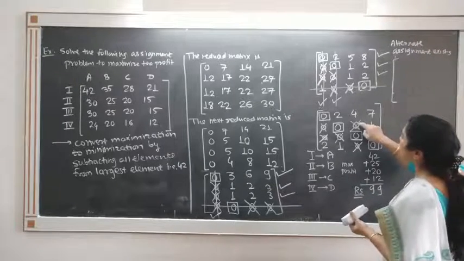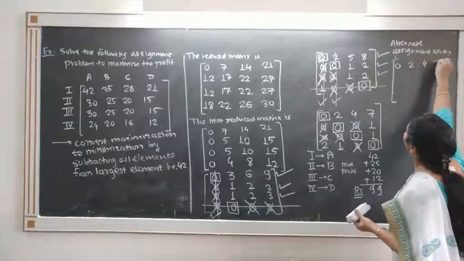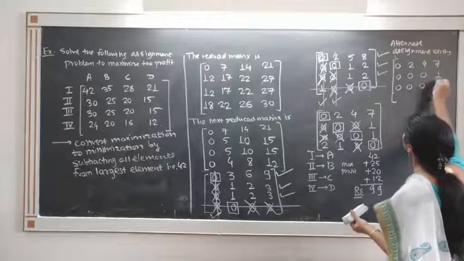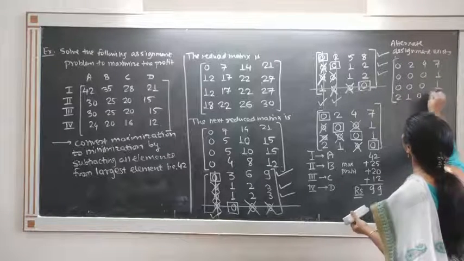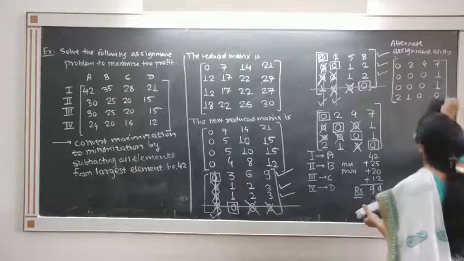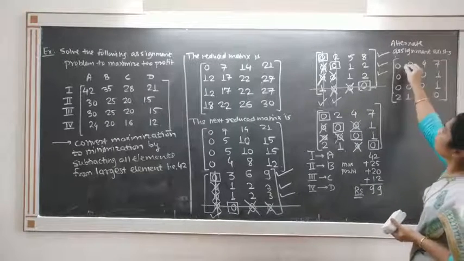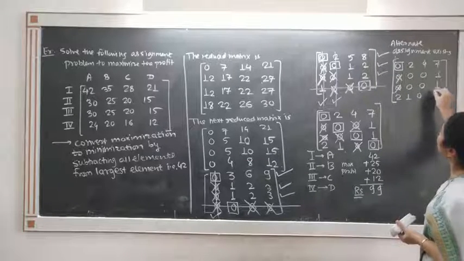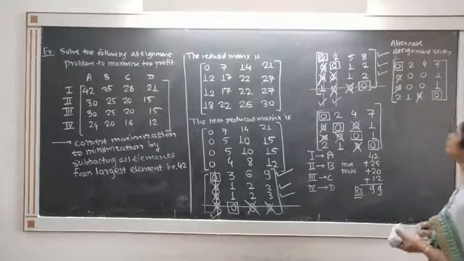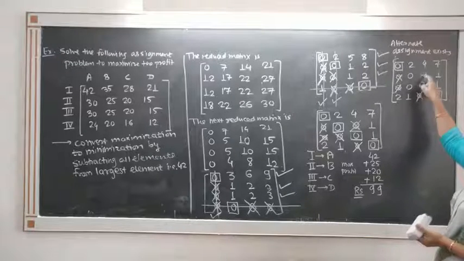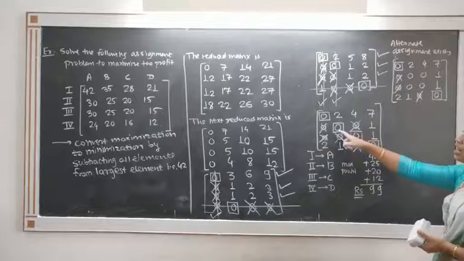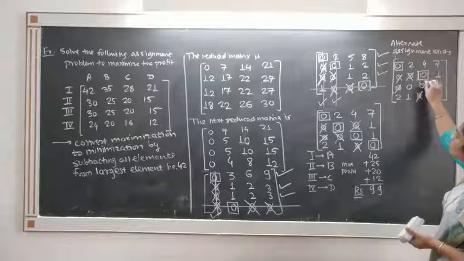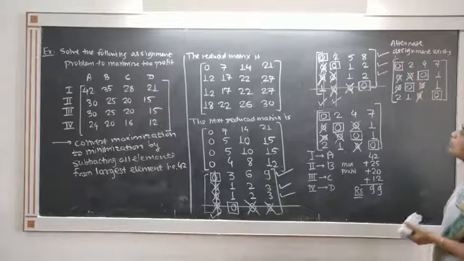I will consider the same matrix here. See again, 0, 2, 4, 7, 0, 0, 0, 1, 0, 0, 0, 1, 2, 1, 0, 1, 0. Single zero appears in the first row, so I box this, cross out the remaining. Single zero in the last column, so box this, cross out the remaining. Now see, you can select any one. Last time I selected this and crossed this. Now I will select this, suppose. In that case cross out this and again this. So this is the alternate solution.